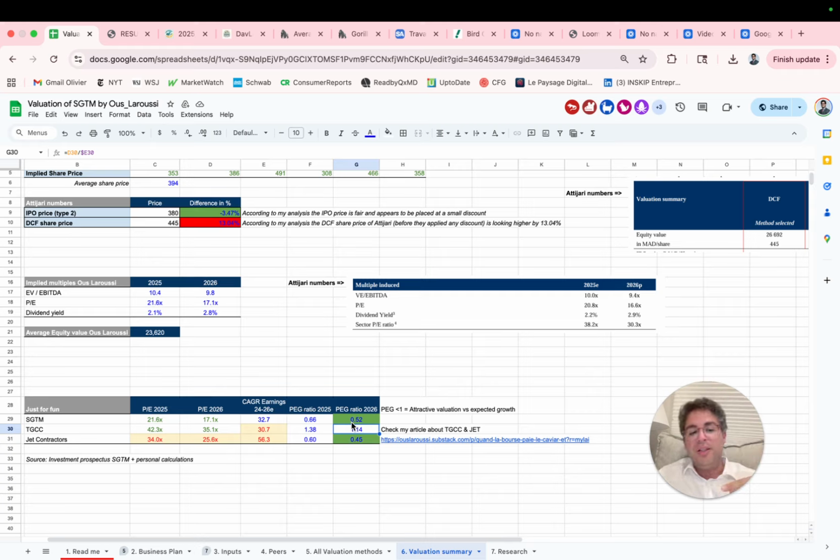But we do need to do certain things by ourselves. Et comme on dit en français, il faut qu'on mette la main dans le cambouis. So that's why I'm sharing with you this Excel spreadsheet, because I do believe that by having something like this, it allows you to be more independent. It allows you to play with the assumptions and the inputs, and next time there's a new IPO, or even for other companies that you have right now, you have more of a template that you can use